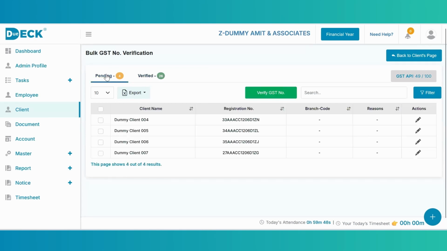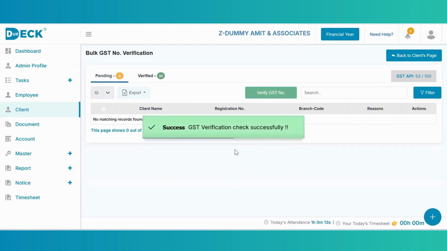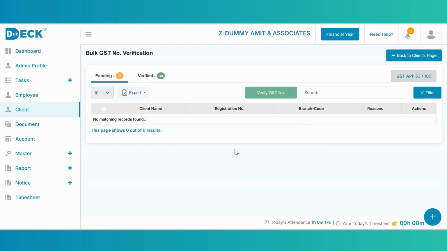So basically, the main purpose of this update is when we add client and their registration number from the Excel sheet format, we can verify their GST number within a click by selecting all pending client GST number and then click on verify GST number. This GST number verification is useful to check the actual status of GST which is filed or not from the